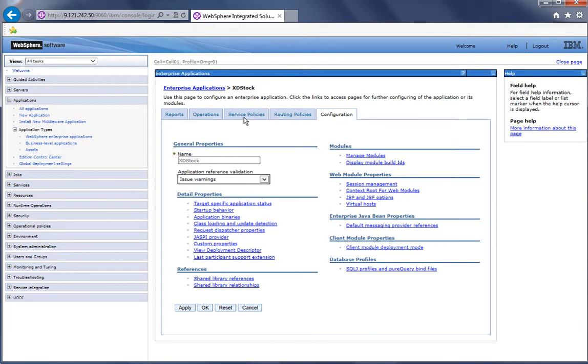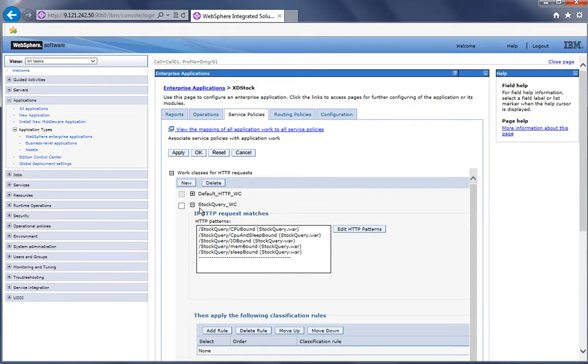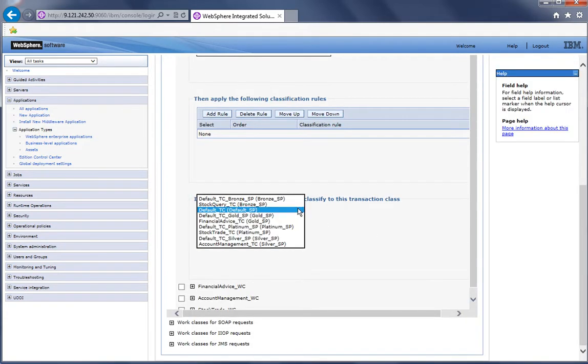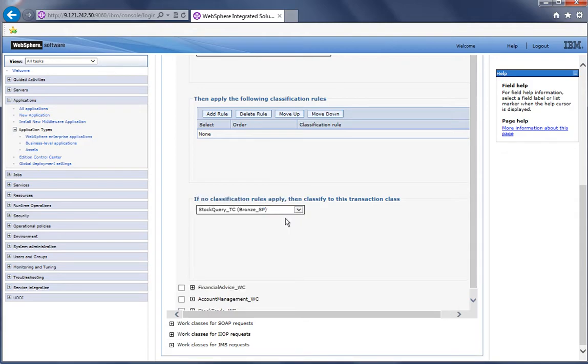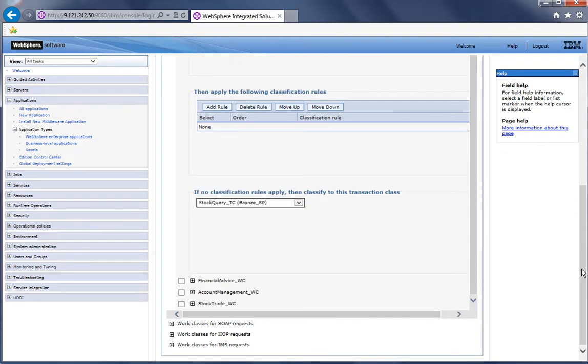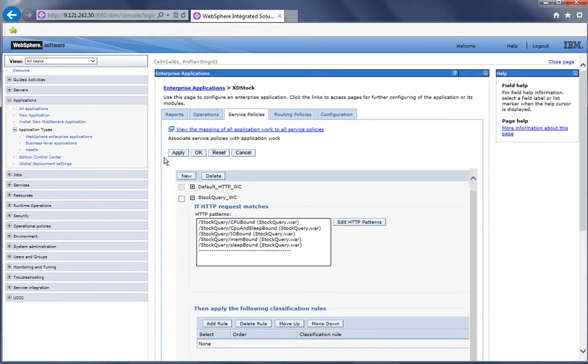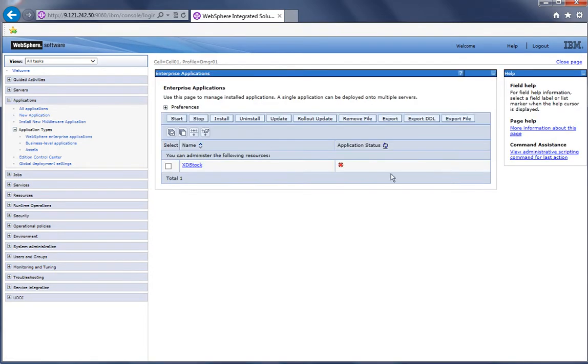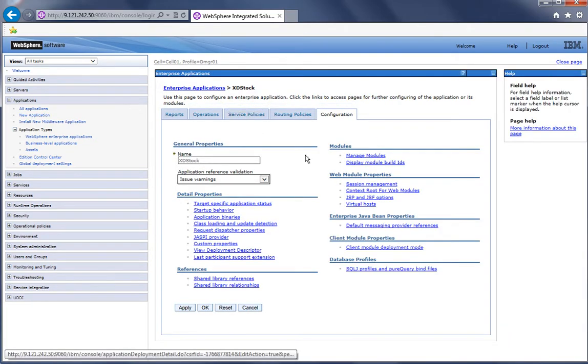Again select the SD stock application, go to service policies, select the stock query work class. Now let's add the transaction class to that. So the stock query transaction class has been associated with this work class. Click apply, click save the changes, click SD stock, again go to service policies,